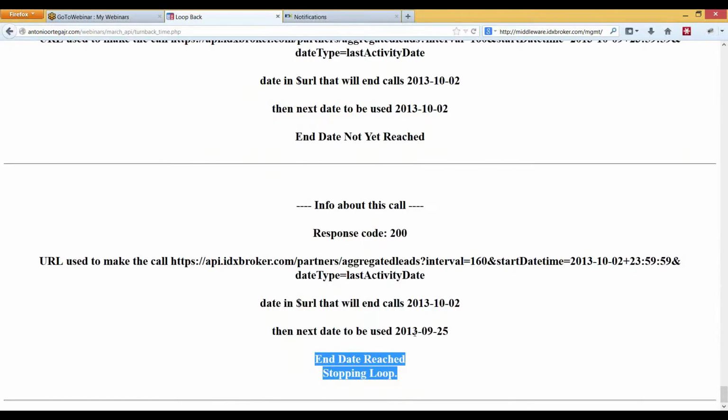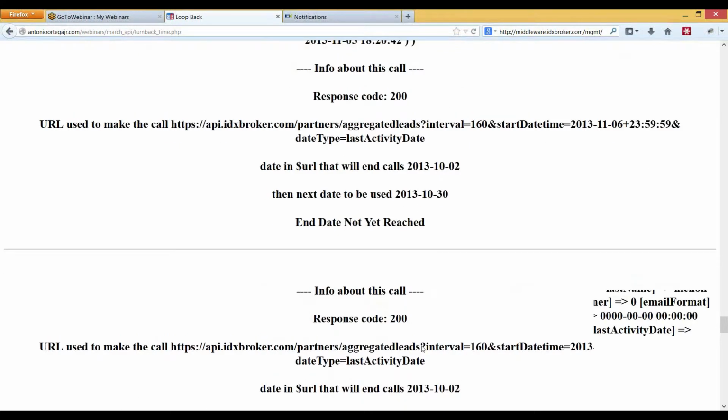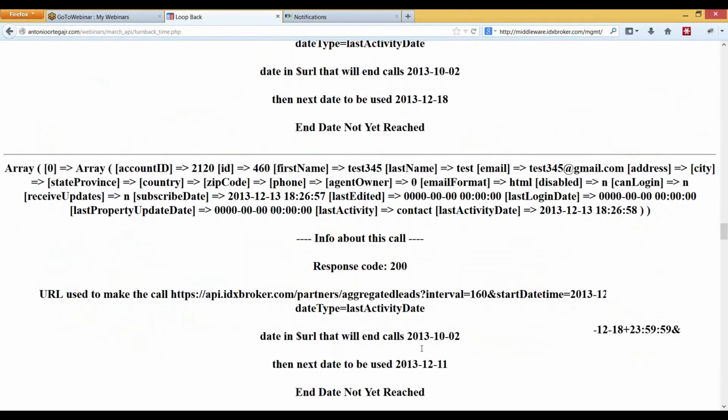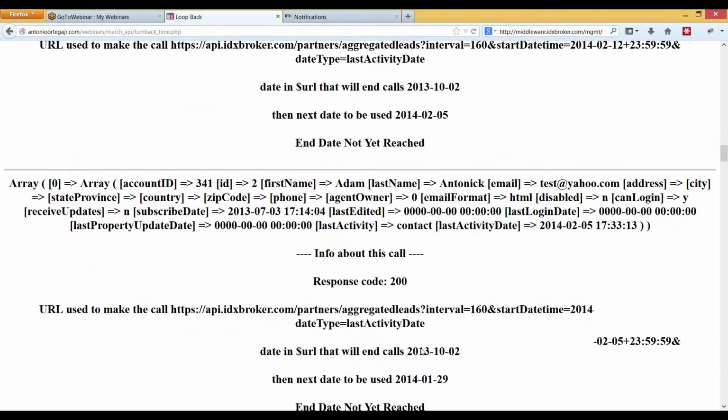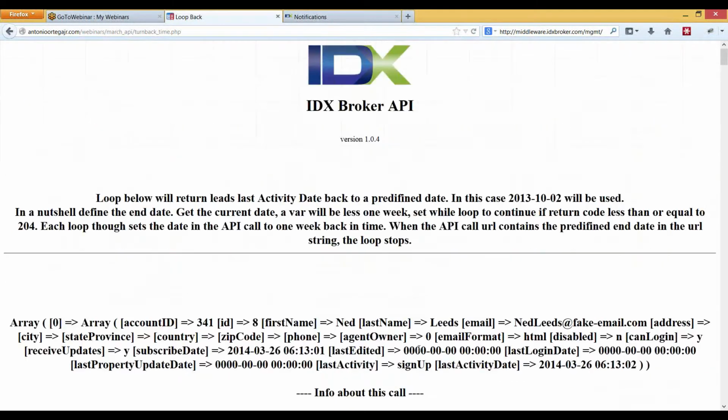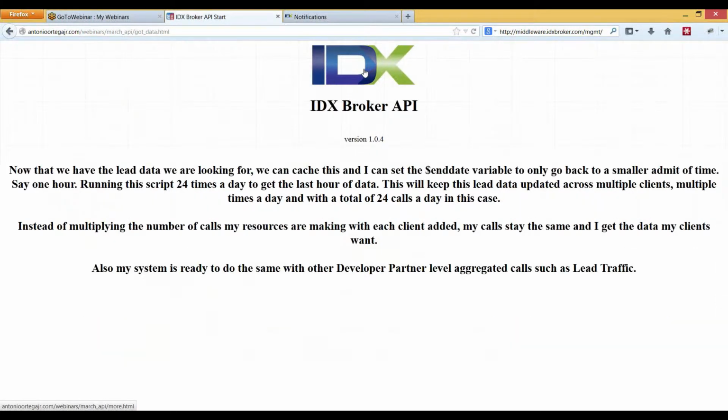I can cache all this data. I've got timestamps of when it all happened. I can organize this data however I see fit. So the next time I run this, instead of running it back till last year, I can go for a smaller